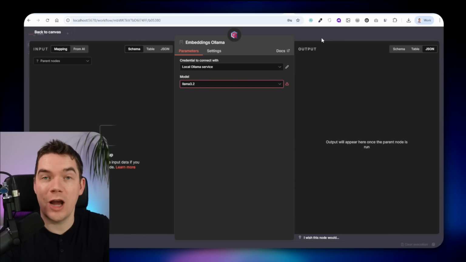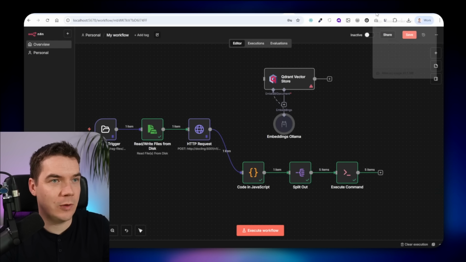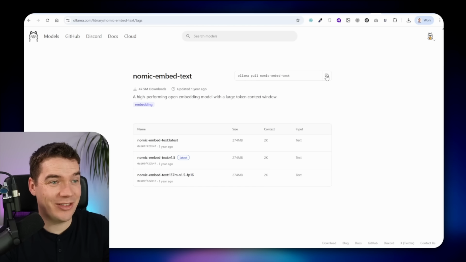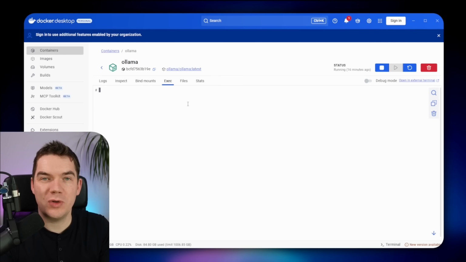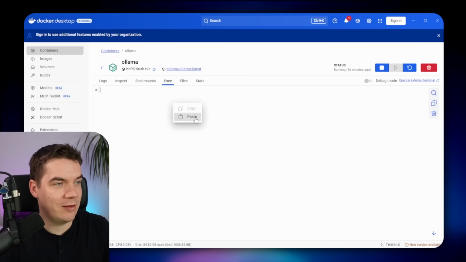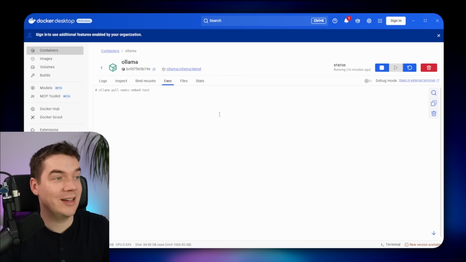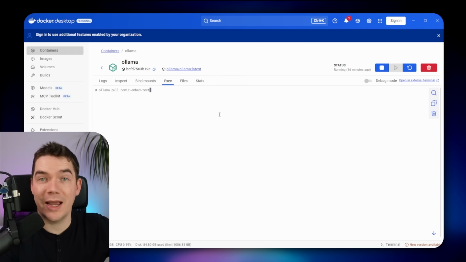So we need our Nomic Text Embed model within our Ollama system. If we go back to Ollama, you can see that there is a command we can use, ollama pull nomic-embed-text. So let's copy that out. And if you go to exec, you can execute commands within this container. So if I right click and paste it in,